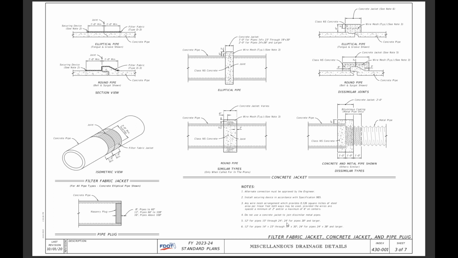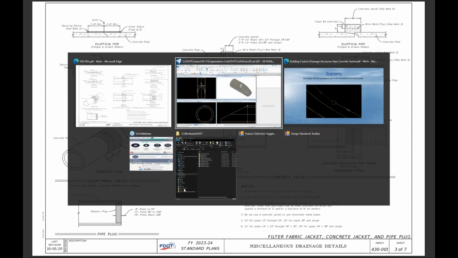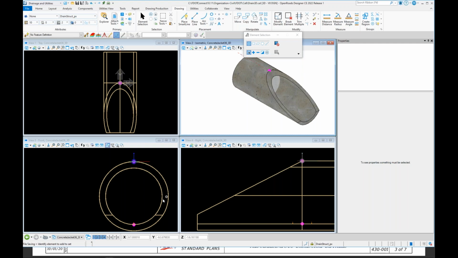Now down here we look, and the length of the jacket has to be 24 inches for 24-inch pipes, or 24 inches for pipes 30 inches or larger. So we have a 36-inch pipe, so the length of our jacket should be 2 feet. All right, so now go back to our design file, and what we want to do is use the offset command